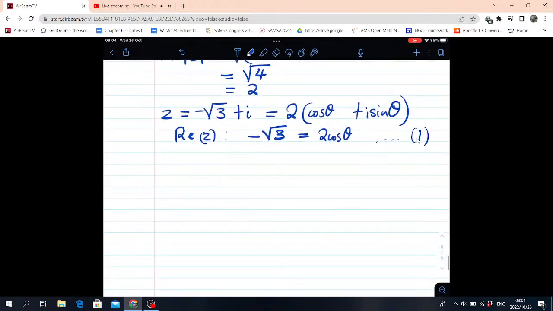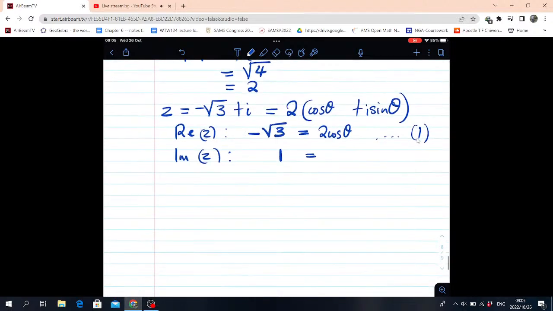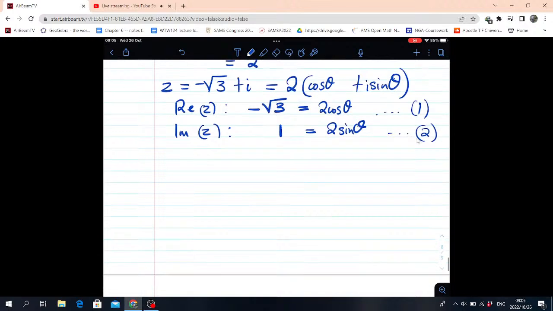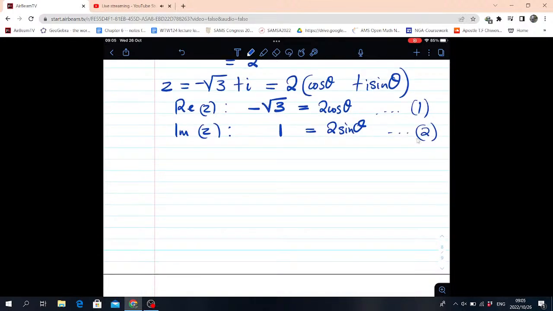And then if I take the imaginary part of z, on the left hand side the imaginary part is going to be equal to 1, and on the right hand side the imaginary part is going to be equal to 2 sine theta. And this is going to help me figure out what my principal argument is. So from 1,